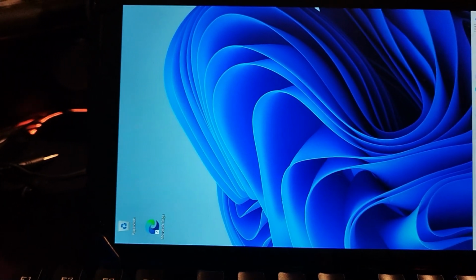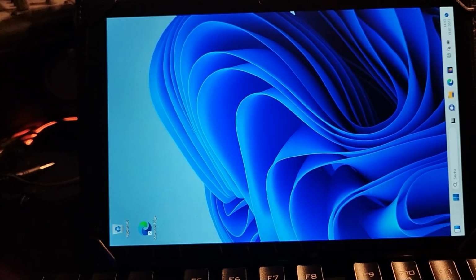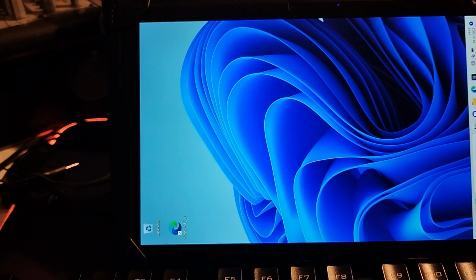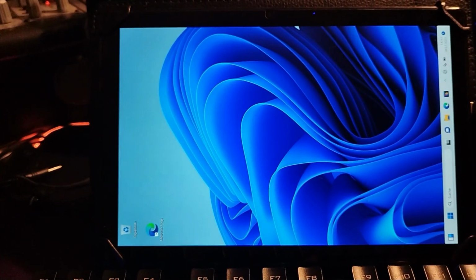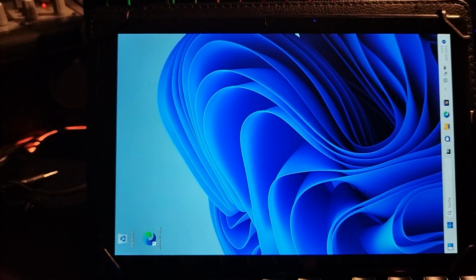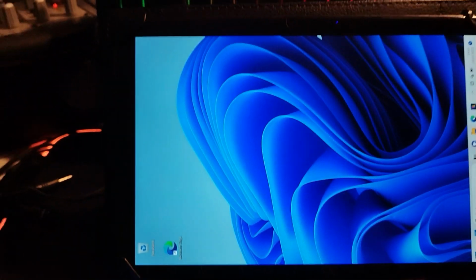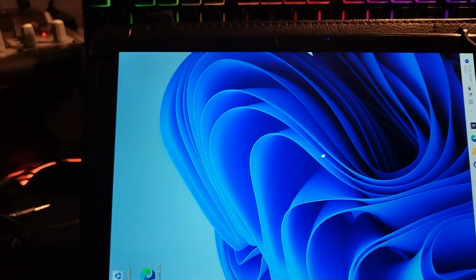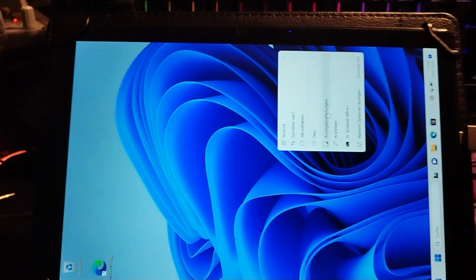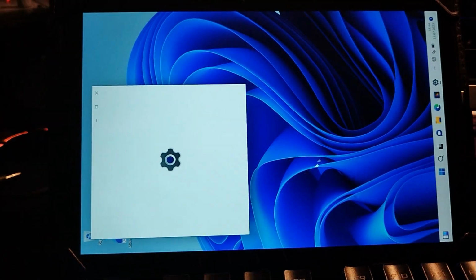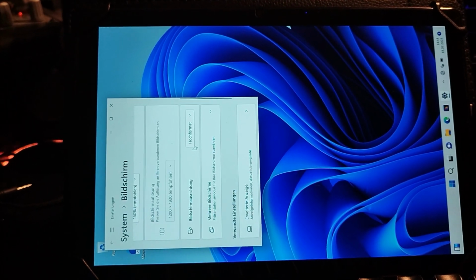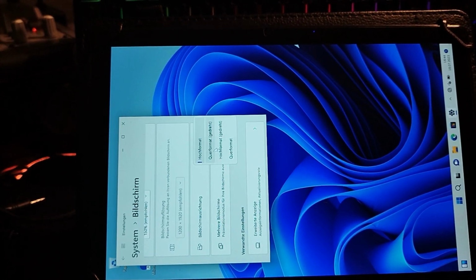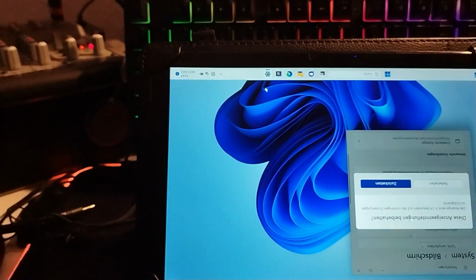I said in the video before, if you reboot your tablet PC after the first installation, then you should try to set a password. So first of all, I change the display resolution. Right click on your mouse, then go to the display settings, then I will rotate it because it is